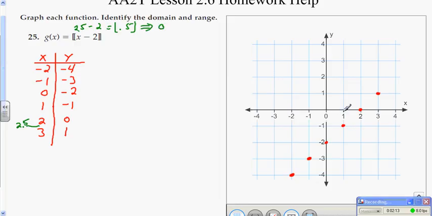So here's your answer there, 0. So at 2.5 right here, it's 0. What that tells us is that everything in between 2 and 3 will give us a 0 value. We have to maintain the function, so therefore it has to pass a vertical line test. So we put a circle underneath this solid dot. And that's the pattern we will have throughout. It'll be a solid dot, line, circle,